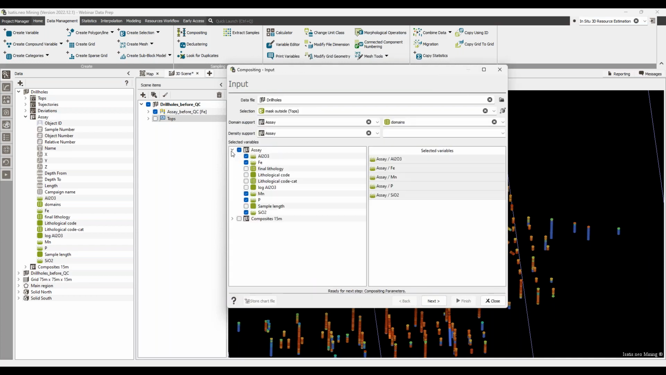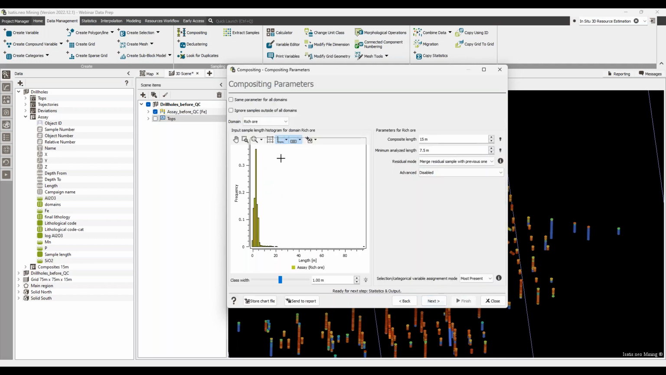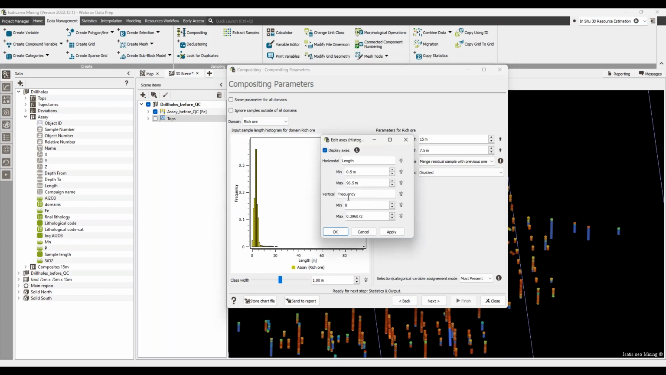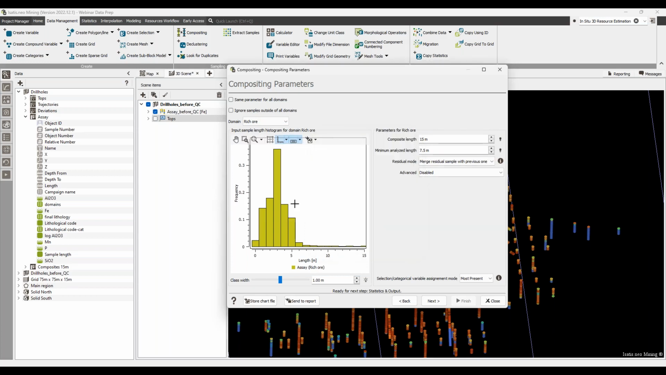So I should probably go back and demonstrate that I've selected the 5 grade variables for compositing. On the next step, I choose the compositing length. I've got a histogram of the lengths here, and maybe if I edit the axes, oops, max of, let's say, 15. Looks like most of my samples are less than 5 meters, and maybe 5 meters would be an appropriate compositing